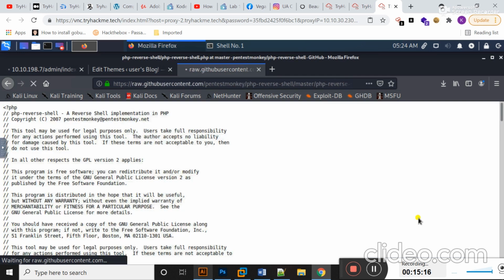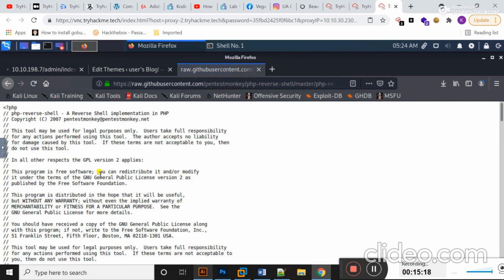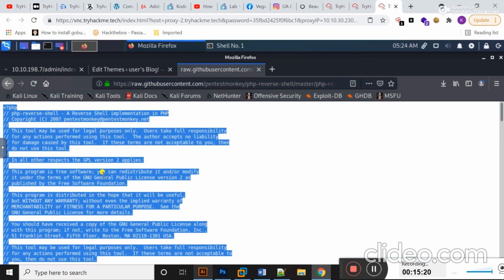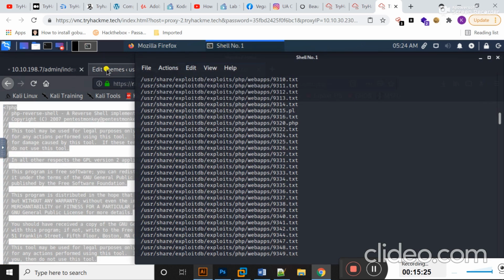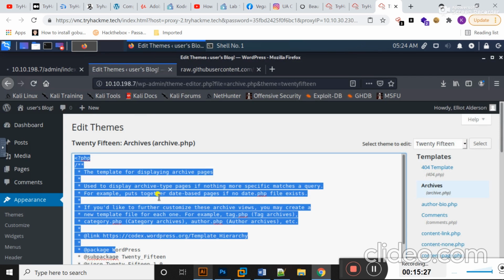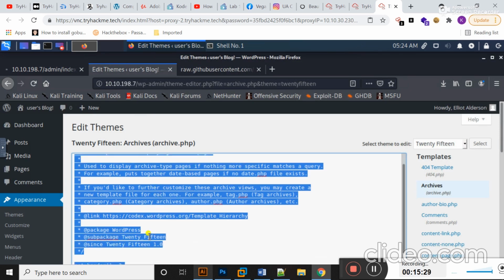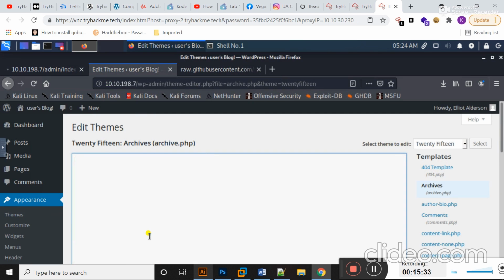Raw. I'm going to copy this and move there. Here I select all the previous PHP code and delete it, and now paste the new one.